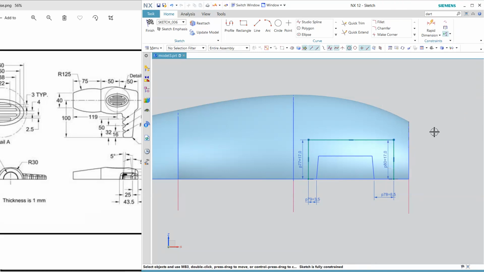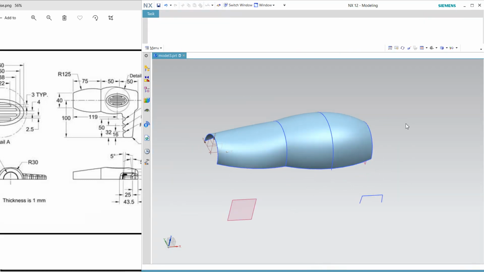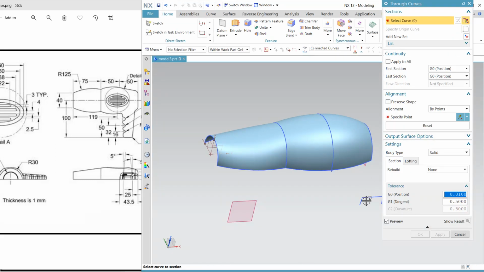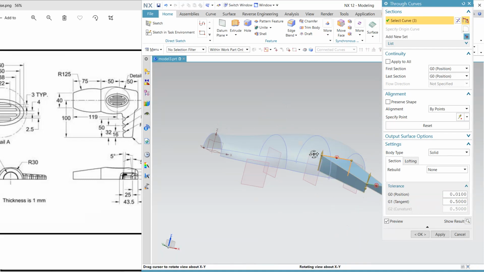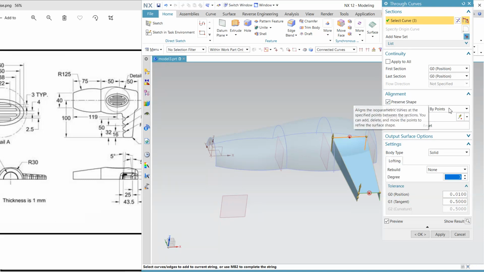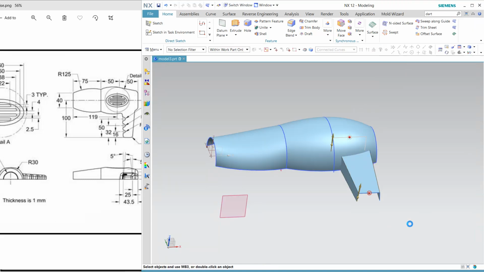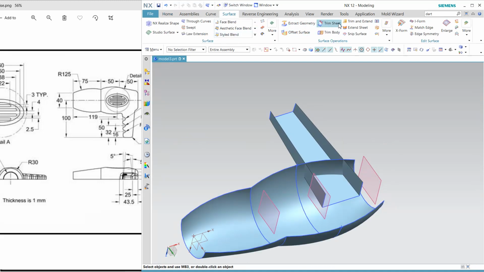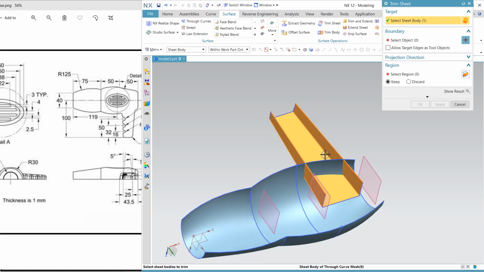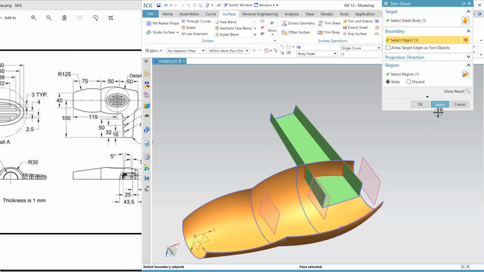Just specify. Now finish, and I'm going to apply this rule or through curve. So my curve is this first, middle click, and second curve is this, and preserve the shape, parametric, and click OK. Now I want to cut it, so go to surface and here trim. I want to trim this first, okay, and my object is this, so preview. Now I want to cut it, and my object is, and click. Okay,